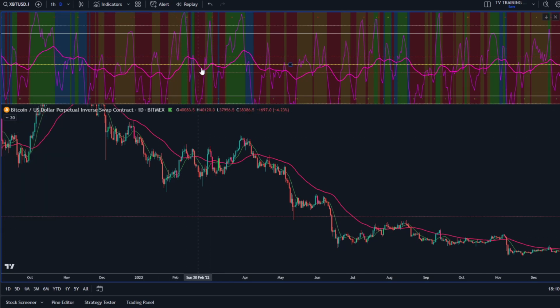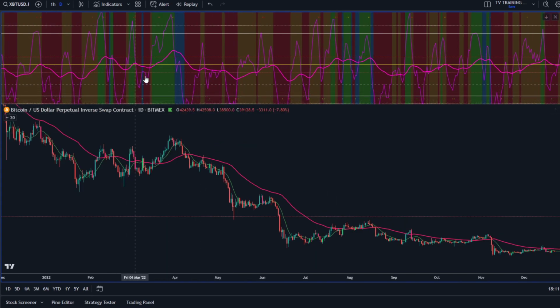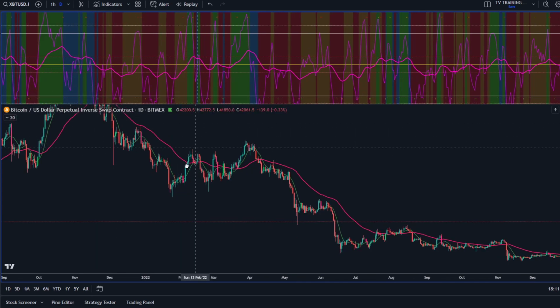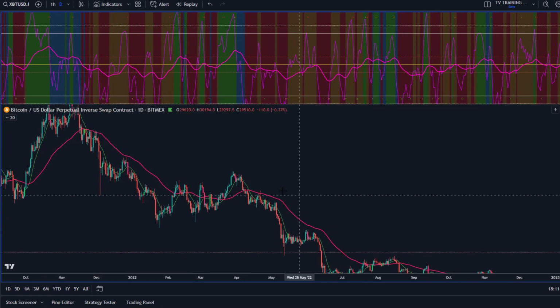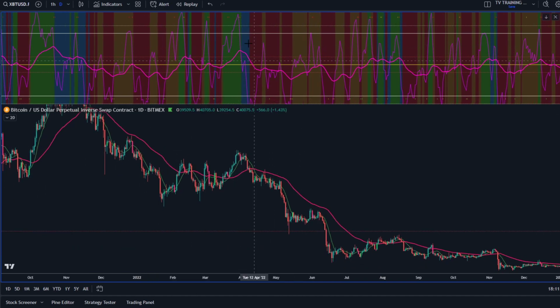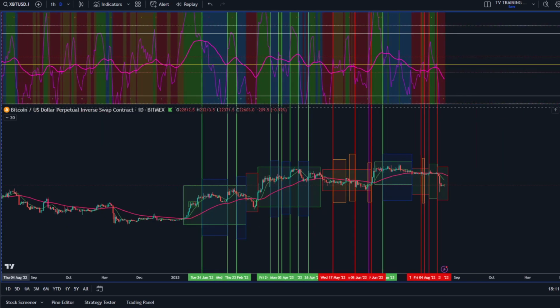So this line is the one we're watching here, right? And you see what occurs here is you have this big move above not only 50, but above 60. But look at the overall market. We're in a significant downtrend. We have not recovered anything at this point. This is a trap, right? That's how we identify traps. You can identify some of the greatest traps in history with this, and we're going to talk about that in a minute, okay? So that's that.